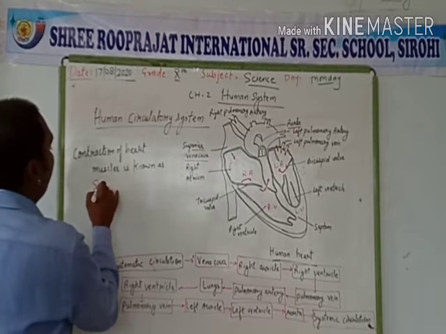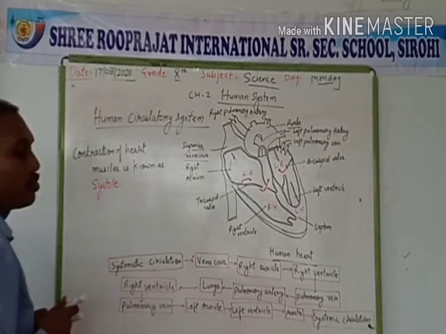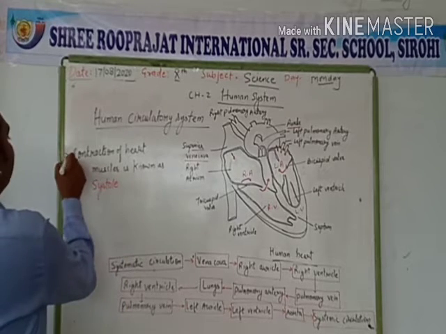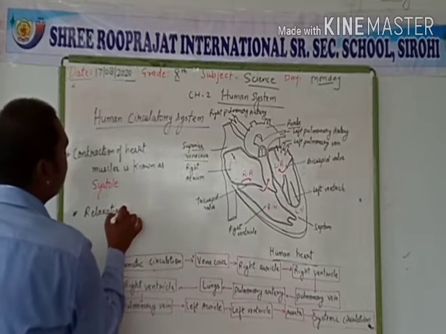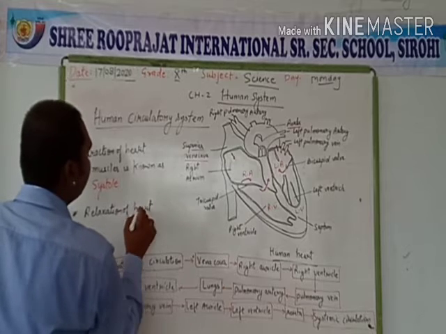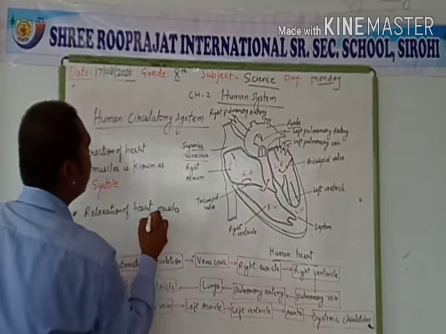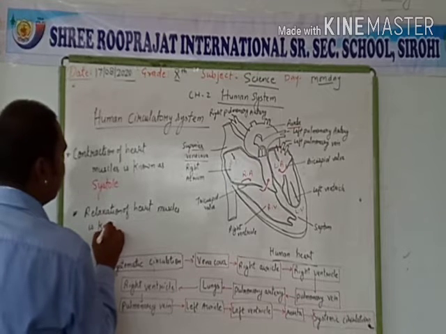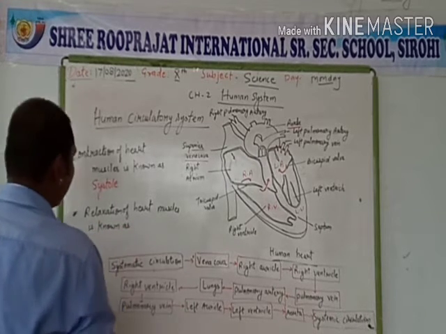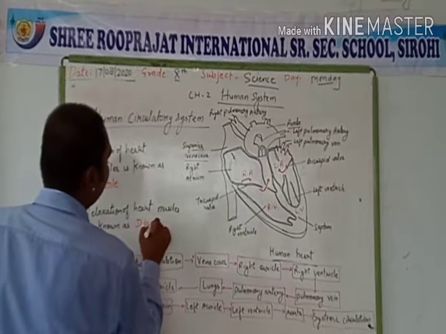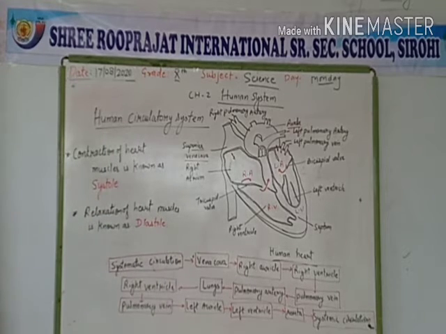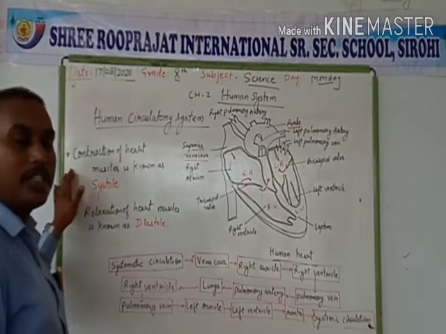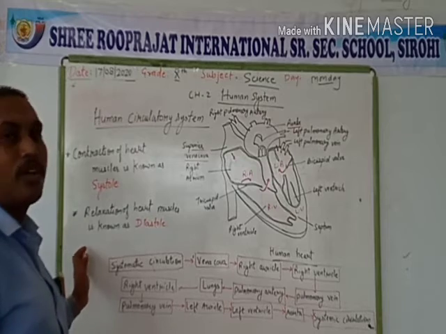Systole. The contraction of the heart muscles is known as systole, whereas the relaxation of the heart muscles is known as diastole. Yes, so contraction of heart muscles is known as systole and the relaxation of heart muscles is known as